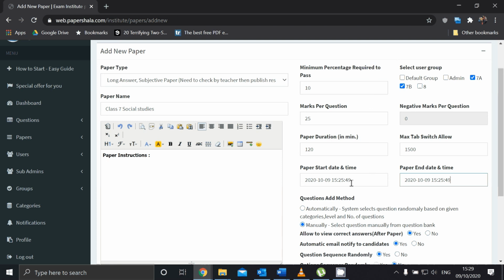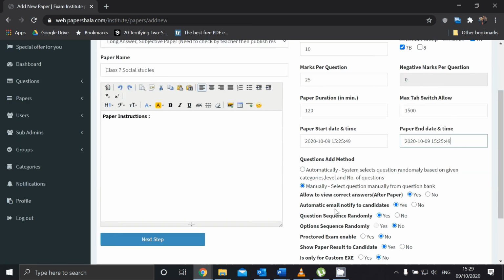Once they log in and start writing the answer, after 120 minutes the page will close. They cannot write answers anymore. But they have a small 1 hour leeway where they can start the question if they start half an hour late or early, or if there are some issues with the system or something like that.